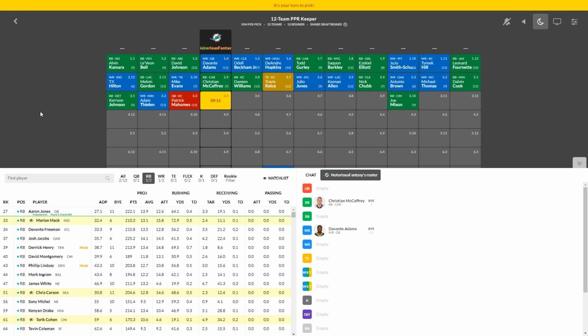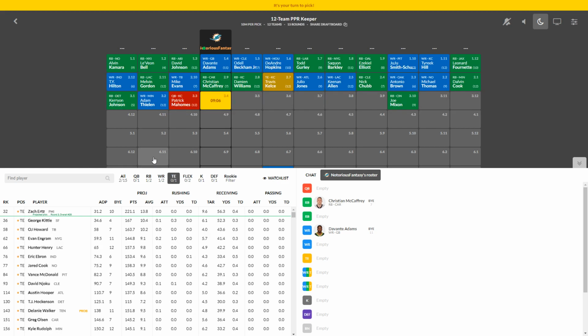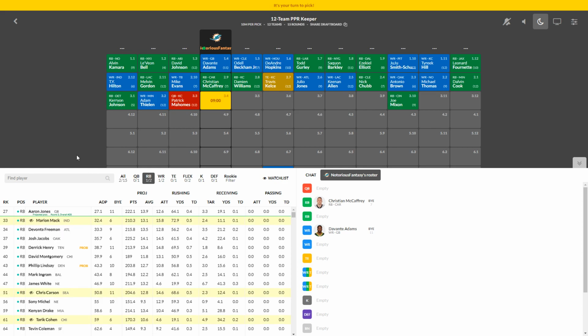Guys like Aaron Jones, Marlon Mack, Devontae Freeman, the best running backs available. At the wide receiver position, we've got Cooper, Diggs, Julian Edelman. So I don't really like those guys in comparison to the running backs. And then all the tight ends are still available besides Kelce. So we are just going to go running back here and select the best running back on the board. In my opinion, the best running back on the board here is not Aaron Jones, but it is Marlon Mack